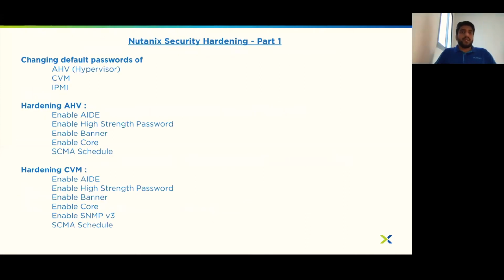Coming to the demo part, we have divided this into two parts. The first part will be NCLI based, meaning it will be command line, and the second part will be GUI based, which is done through Prism. For this video, we'll only be covering part one, and for part two, we'll be doing another video in this series. So in part one, we'll see changing the default passwords for AHV, CVM, and IPMI,